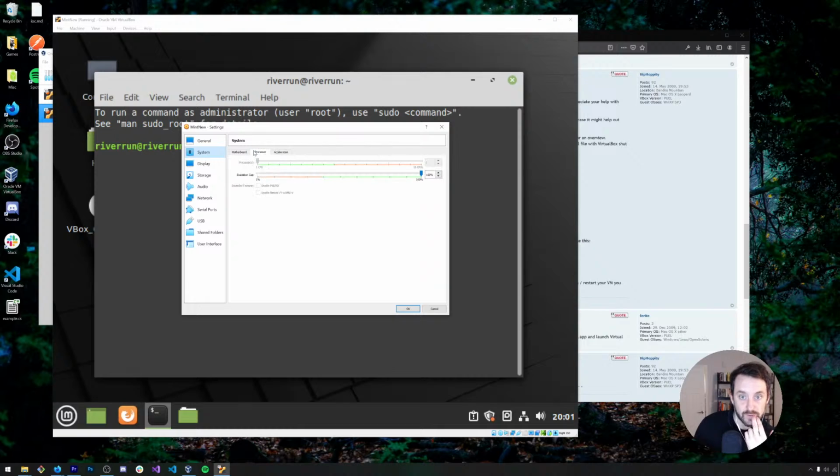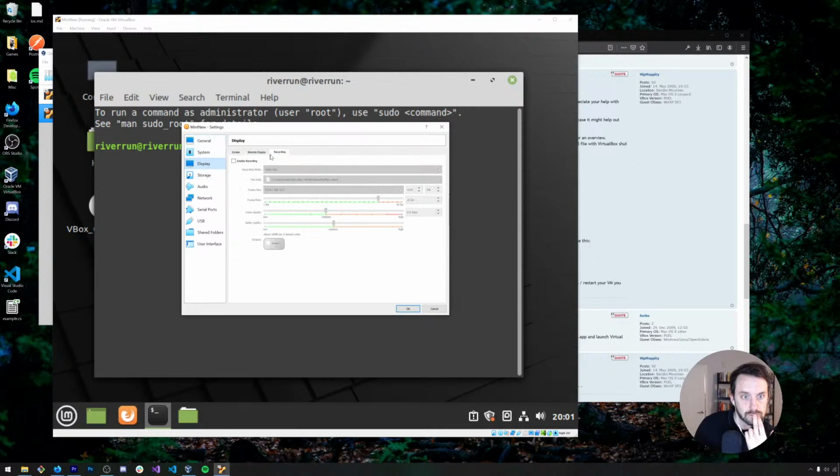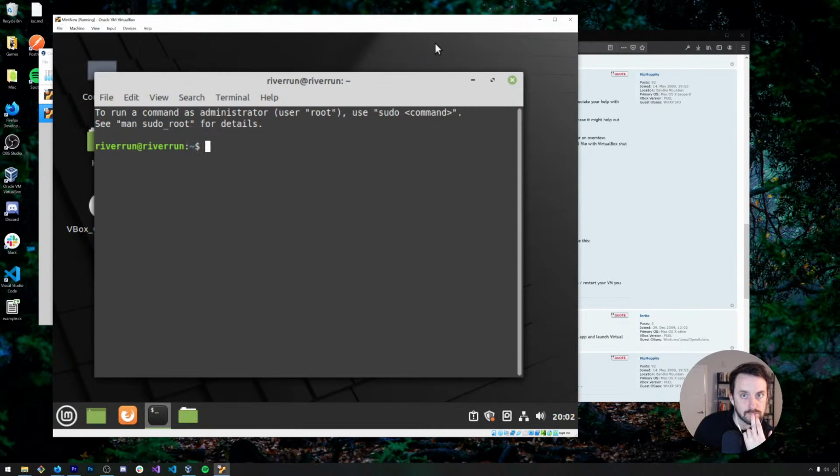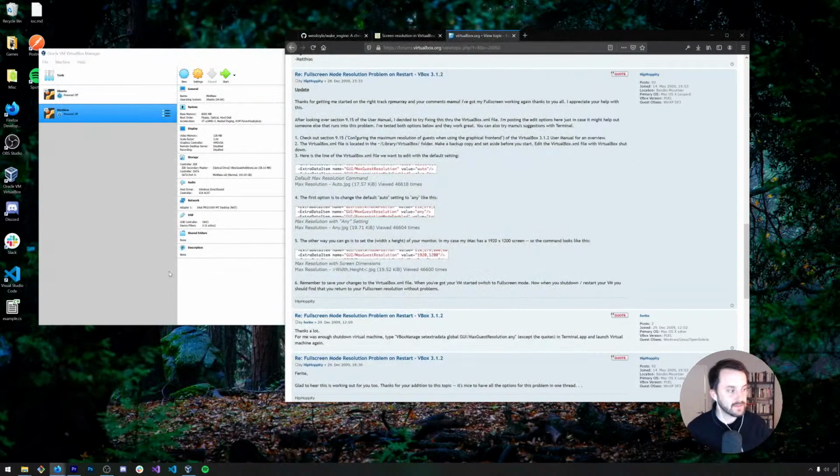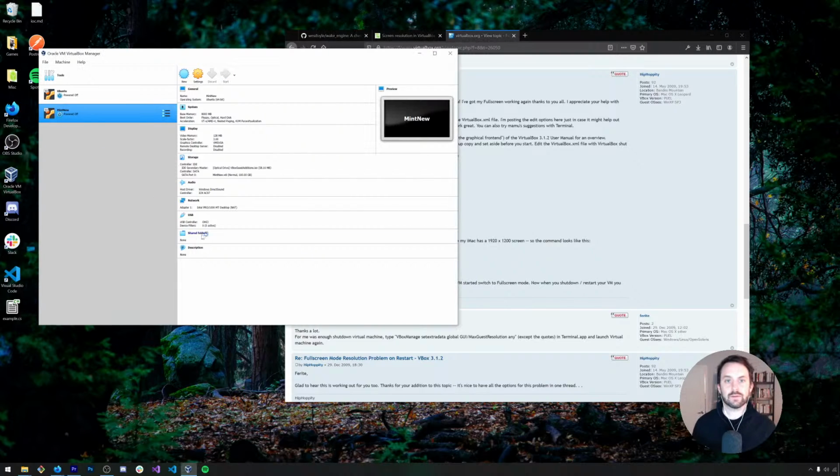Oh, I should give it more than one processor as well. Yeah, guest additions is installed. I could retry installing guest additions.